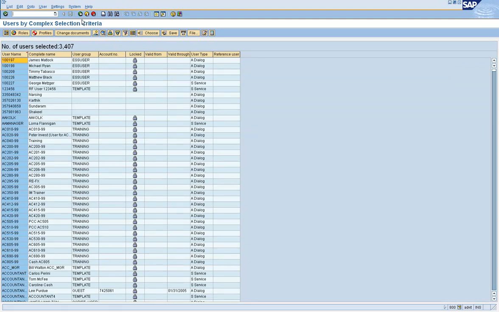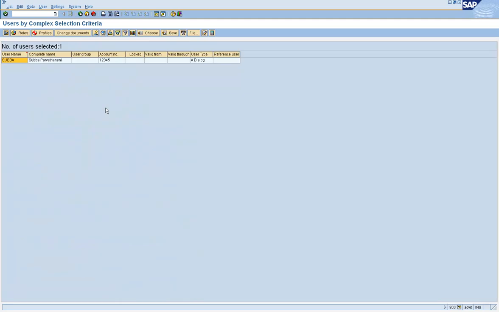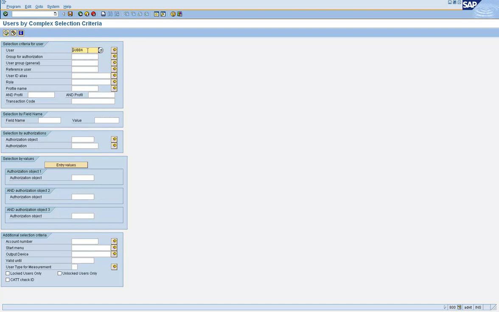Otherwise, the first option that we saw was the user one. So if you just give the user ID, like that. Same thing here: if you give the user group, it will give you the list of users from that group, and you have those object level options that we saw.